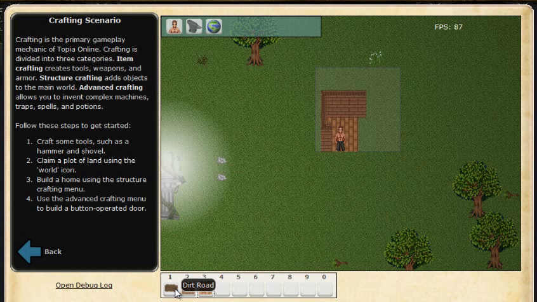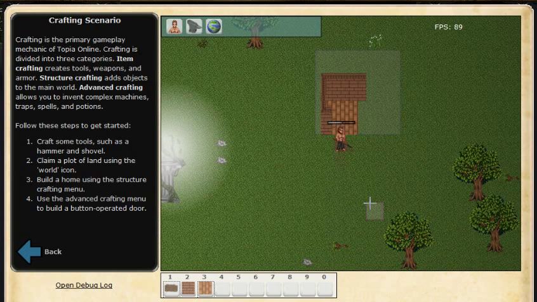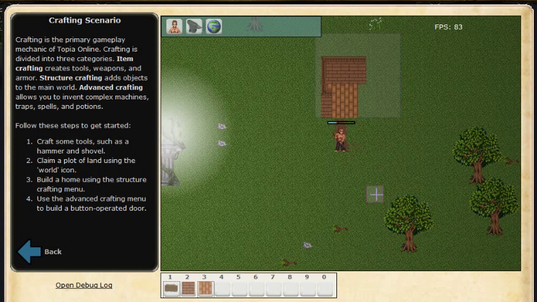I'm going to go dig some road and show you how that works. And roads offer movement bonuses, but also let vehicles traverse them. So it's going to be pretty important to build roads. And it's also worth noting that you can build roads anywhere. You don't have to own the land. So that way players can connect their houses and they can kind of build cities without having to worry about